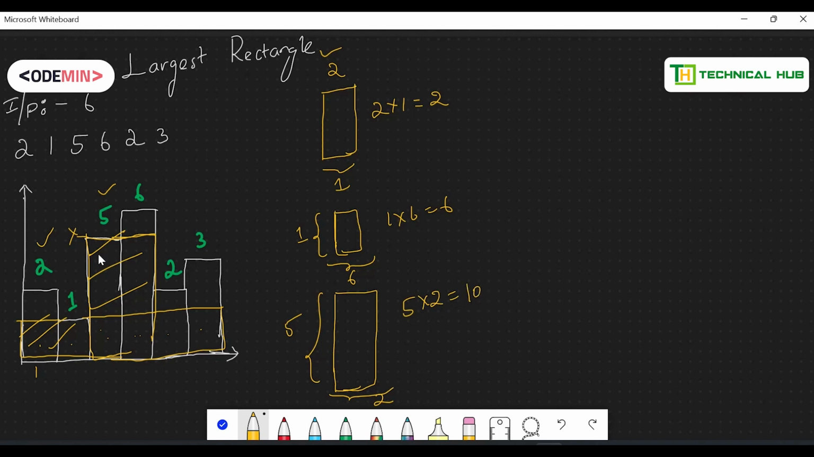So with the help of histogram height 5, I am able to create a rectangle which is having area as 10. Okay, now let us